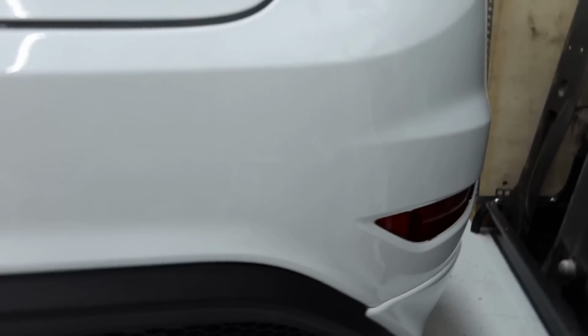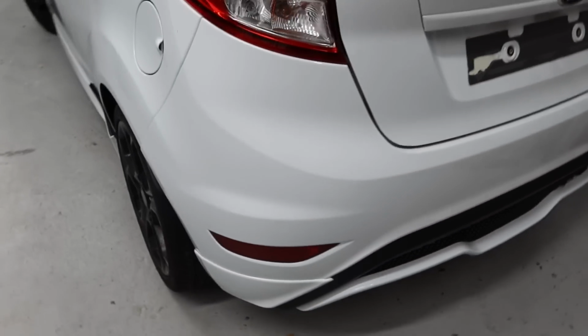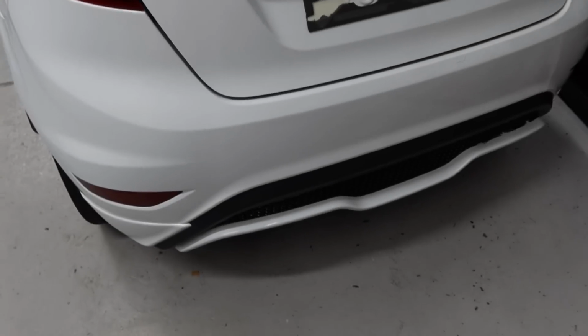I know we've got one lying around the garage somewhere, just gotta find it. There you go, guys, it does have some cracking paint, so we'll have to get that sorted out. So I've got a feeling this rear bumper has been painted before. So yeah, I think what we'll do now is we'll get the rear bumper off, just kind of assess the